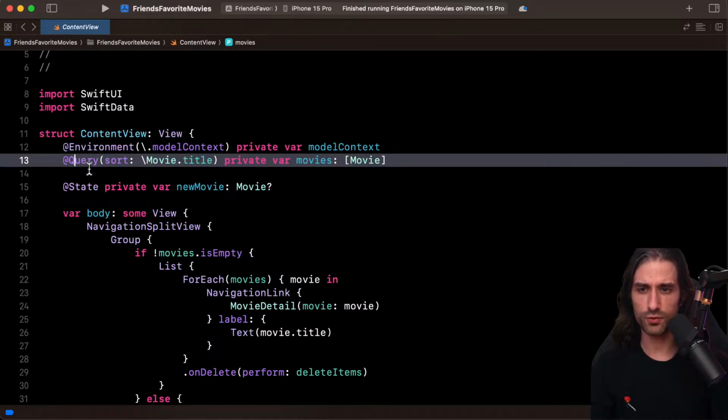So here @Query, as I was mentioning just before, allows us to retrieve data that had been persisted, and we can also apply some kind of processing. Here we say that we want to sort the data by increasing order of the title of the movie.